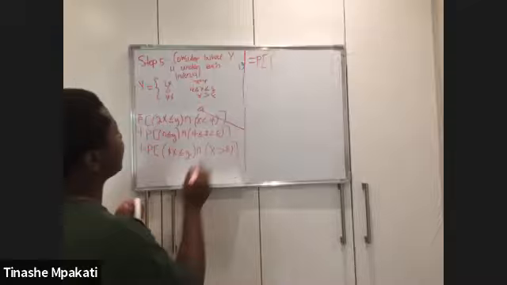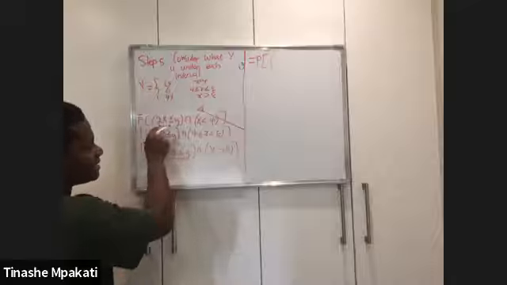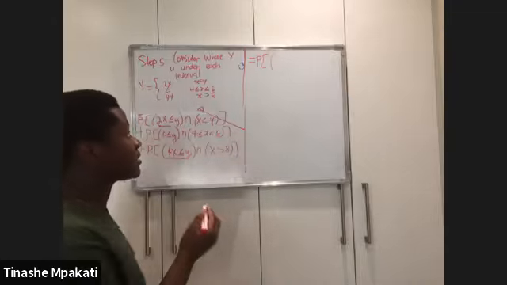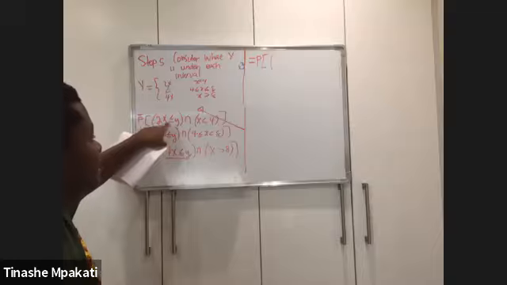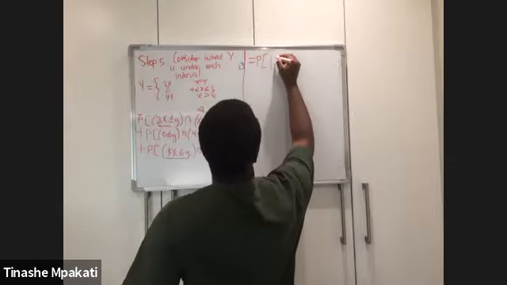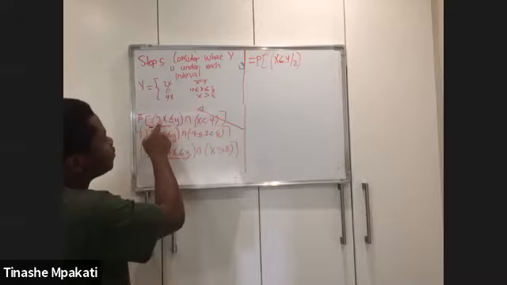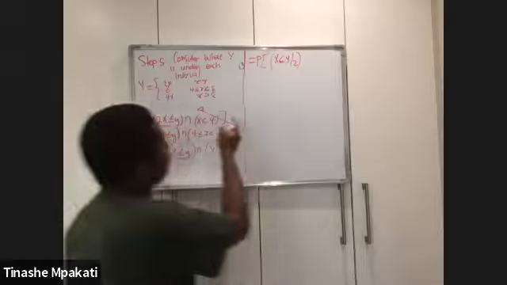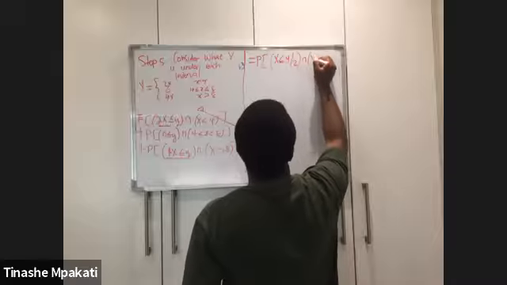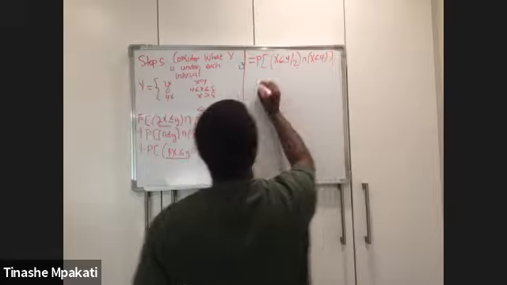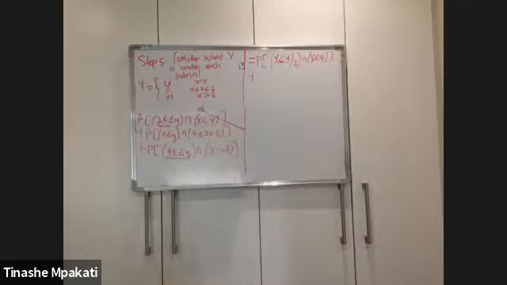That is why when you get to this point here, we are going to come back to these terms here, and instead of writing them as they are, we are going to write them in terms of x. What I mean is that instead of having the probability of 2x being less or equal than y, we are going to have the probability of x being less or equal than y over 2, right? All I've done here is divide by 2 on both sides, and now I have the probability of x being less than y over 2 intersecting with x being less than 4, all right? Plus, now if you consider the second term,